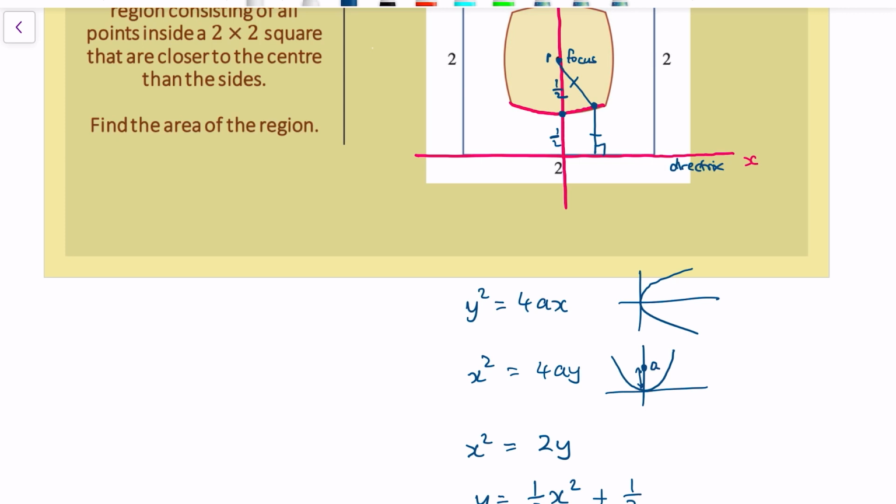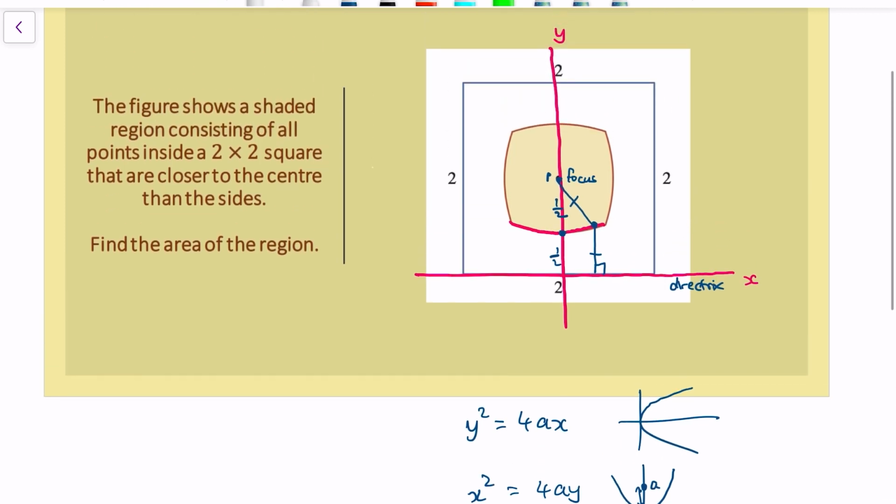So how do you find that equation if you don't know anything about directrices or foci? From the problem itself, it says a region consisting of all points closer to the center than the sides. So what you could do is just call this point here xy, and we say, well, we don't know its equation, but let's call it xy, and set up a right angle triangle